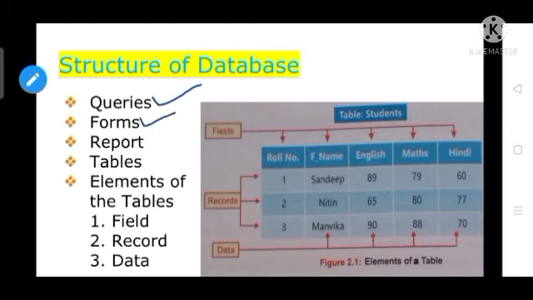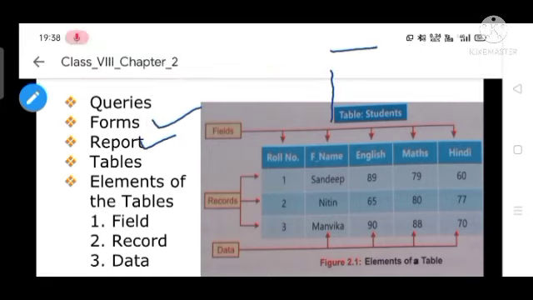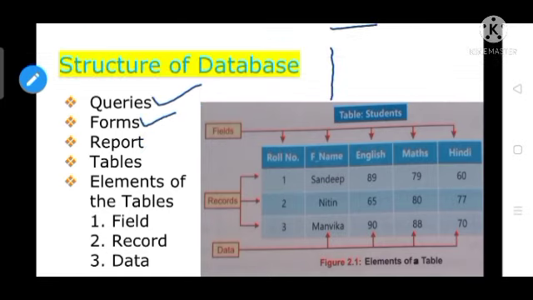Next topic is forms. Okay, so I'm just going to explain the form. Generally, forms are a user-friendly interface, and they facilitate the process of entering data into the table. If we want to enter data in the table, it is possible by using a form only.